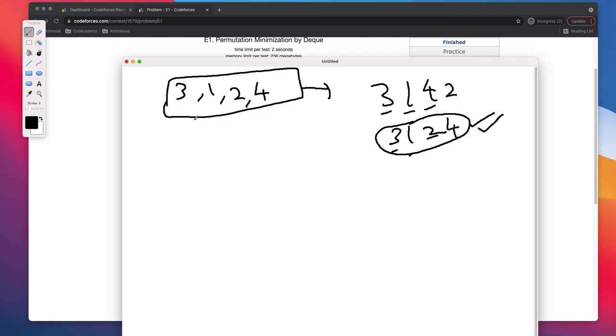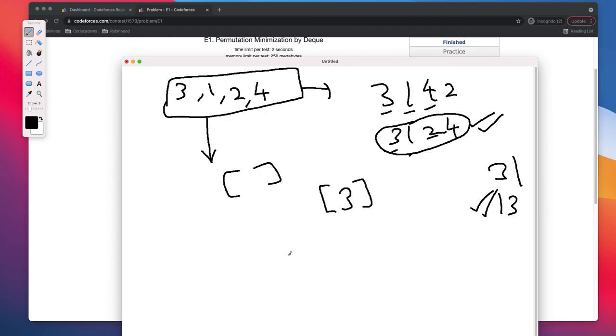Now when we are given this as the input stream, as I said, initially we have an empty list, right? And we need to make this list lexicographically smallest. So let's say 3 comes in. Because the list is empty, we don't do anything. So 3 is inserted as it is in the list. Now 1 comes in. As I said, we can either insert it at the beginning or at the end. It makes sense to insert it in the beginning because it will give me lexicographically smaller, because of 3 1 and 1 3, this one is lexicographically smaller, right? So I would insert it in the beginning, so it becomes 1 3.